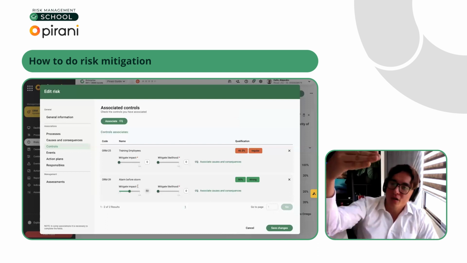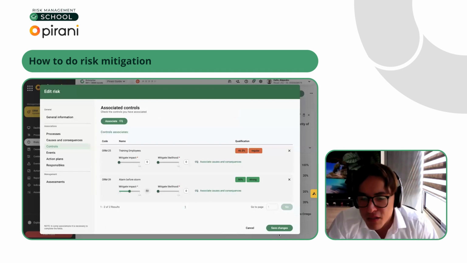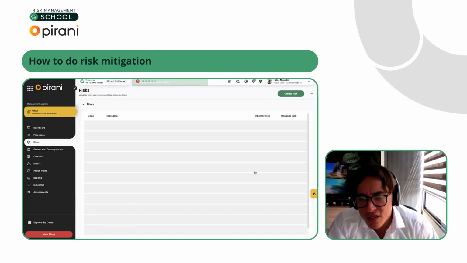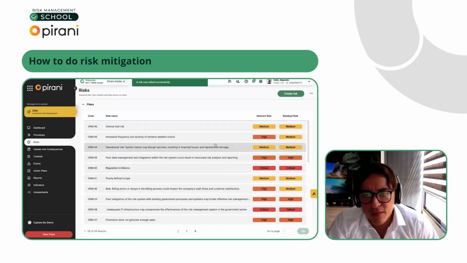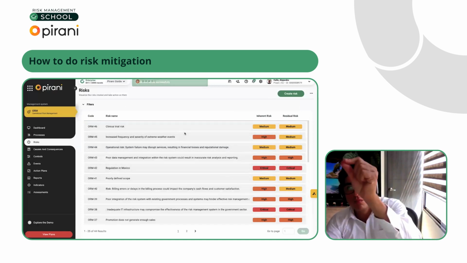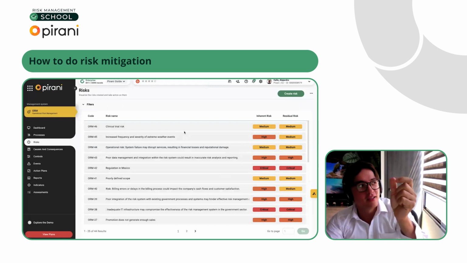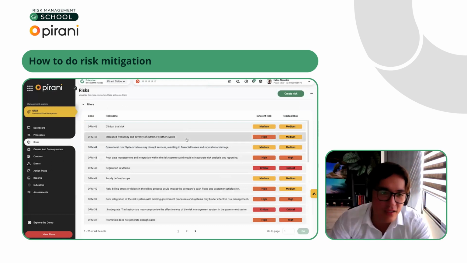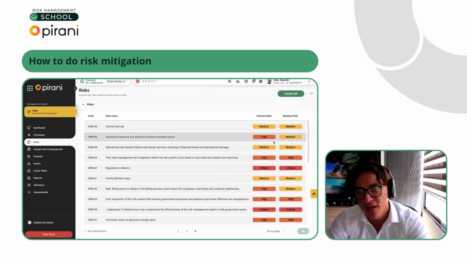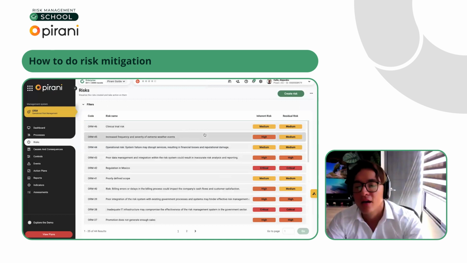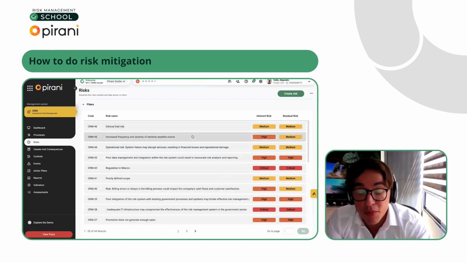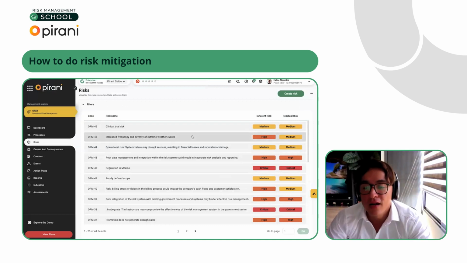So I can put layered controls in order to mitigate this, and I'm going to save changes. Look, I move the mitigation, and I say that it's not 100%, but 50%. Now the residual risk is medium. This will help you have an understanding of the mitigation strategies. But again, the controls are not enough.